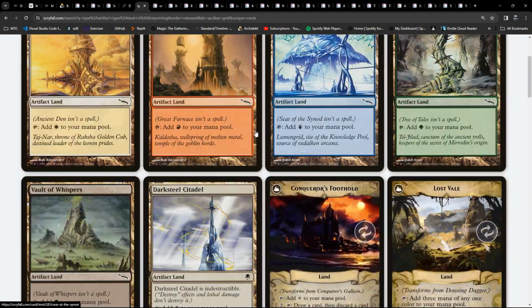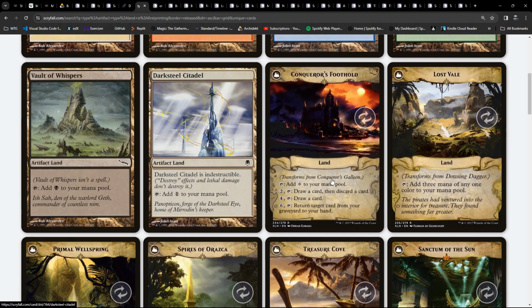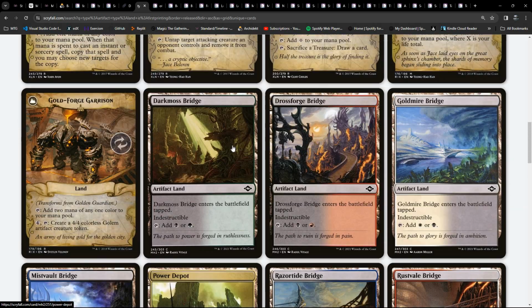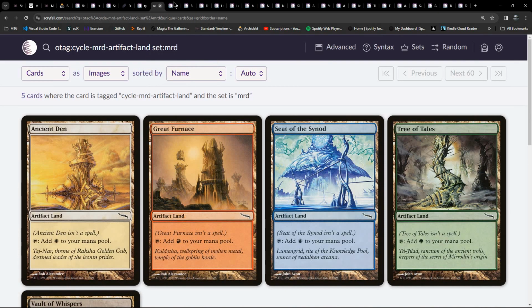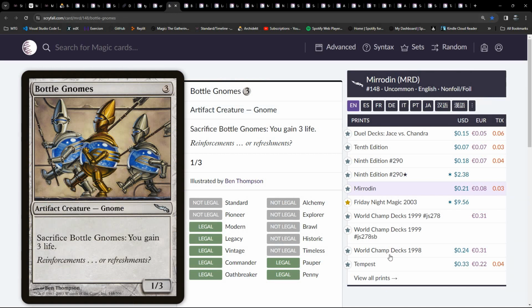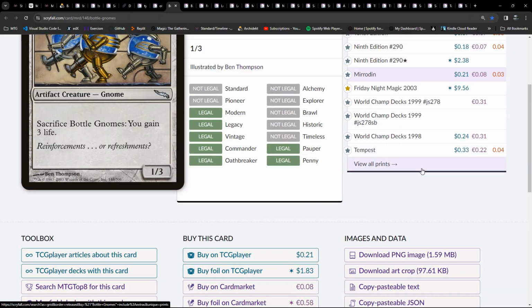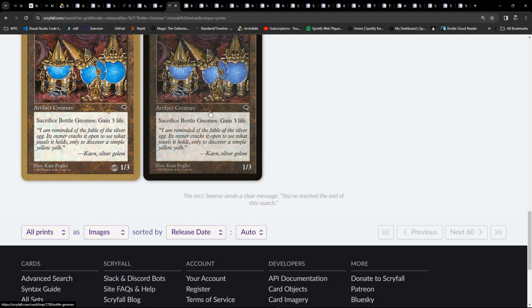So it's interesting, isn't it, how they held off introducing any form of artifact land. If we ignore these, because you know these are artifacts on one side, lands on the other, they really held off revisiting that until the Modern Horizons set, or Modern Horizons 2. Bottle Gnomes, yeah, this has been kicking around for quite a number of years. If you go back, you can see